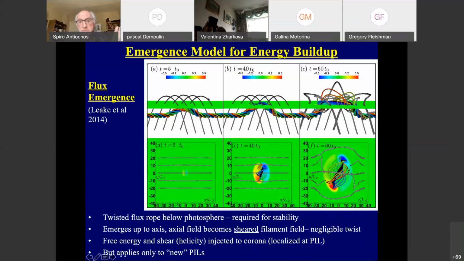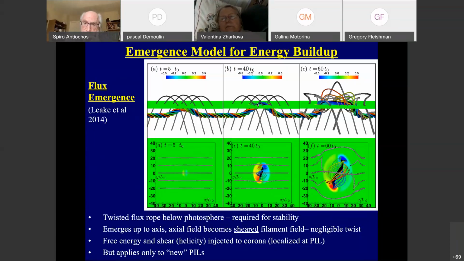Okay, so what happens is that if you imagine the slinky below the surface, the outermost highly twisted field, as the slinky emerges, becomes loops in the corona. And the actual field at the center of the slinky, as this thing emerges, becomes the shear field lying along the polarity inversion line. Straightforward geometric arguments. And